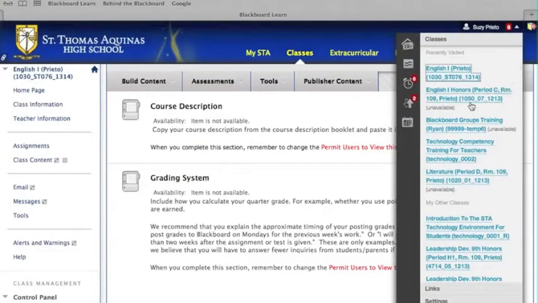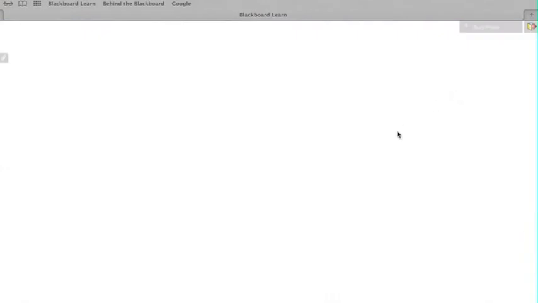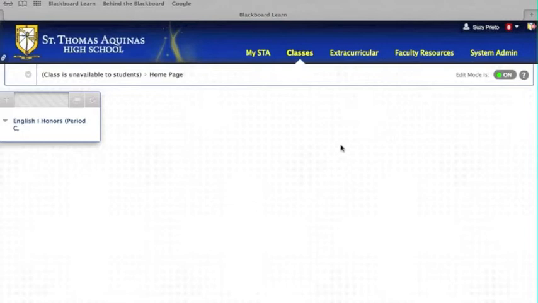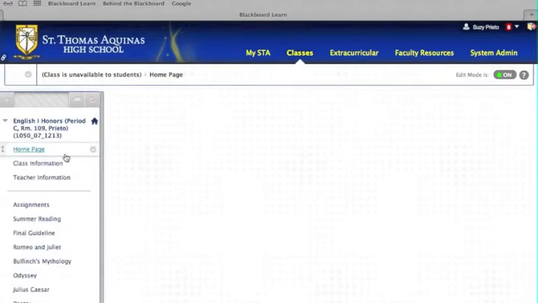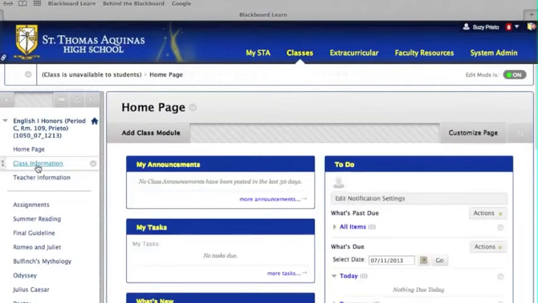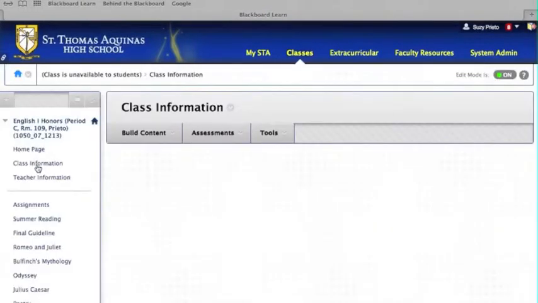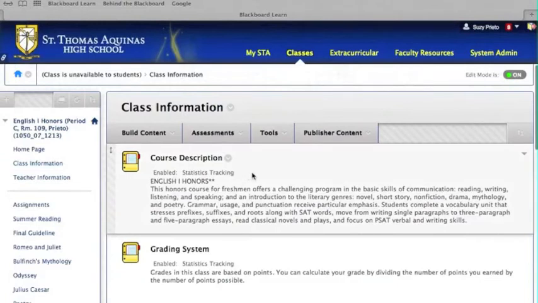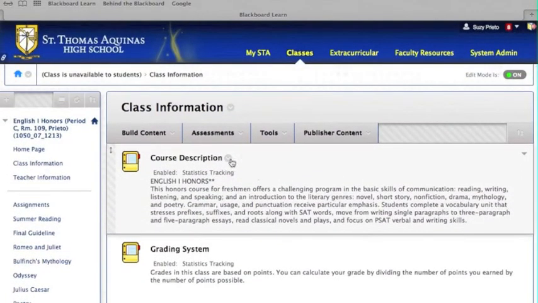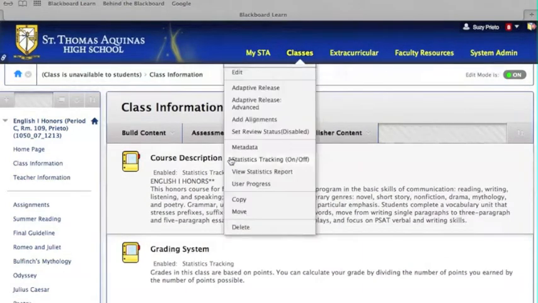But another way may be that you may want to copy exactly what you put last year. So we go to last year's course, which is English 1 Honors, go to class information, and you can see that we've got the course description in there. We copied and pasted it last year. If we want to copy it to this year's course though, all we need to do is go to this action arrow, click copy,